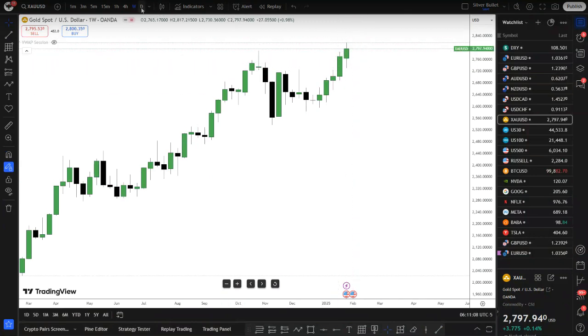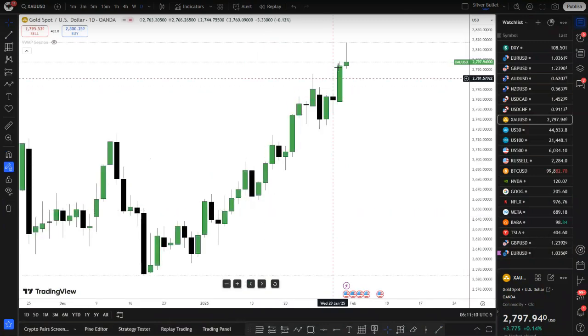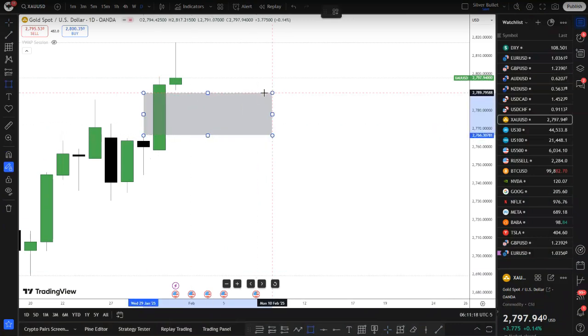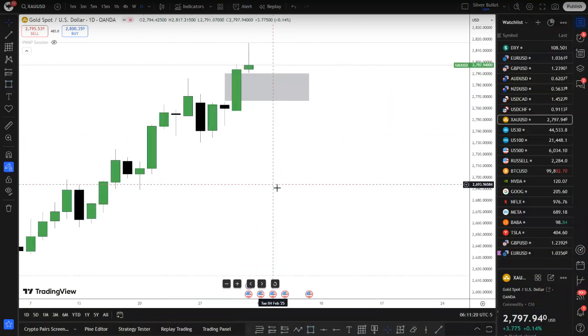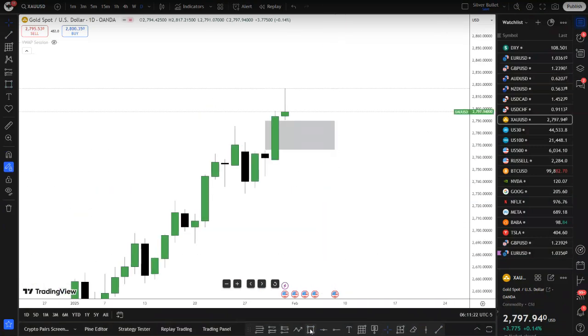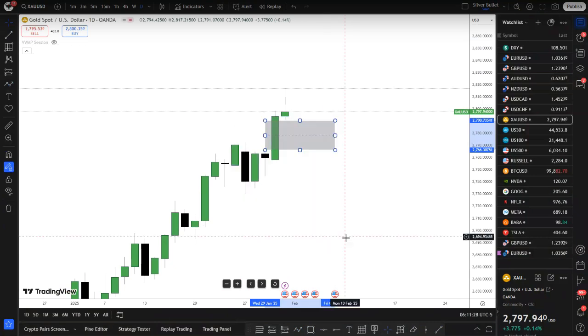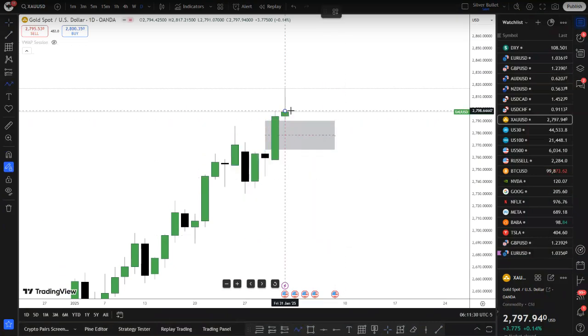In this case, go down to the daily chart. The daily chart indicates we pushed above the previous week's Friday low, which indicates this week we are bullish, right? We want to see price opening, pushing lower to fill some sort of liquidity. In this case, I want to see this fair value gap here. This will be the daily fair value gap that I want to see price coming back down to, check into the fair value gap, open, push lower to the fair value gap, and then push to the upside. That's what I'm expecting on gold this week.